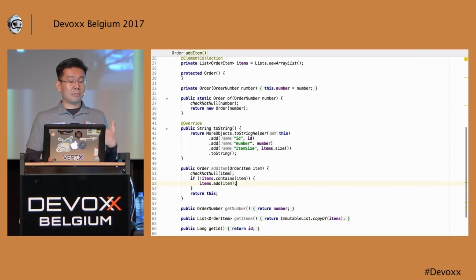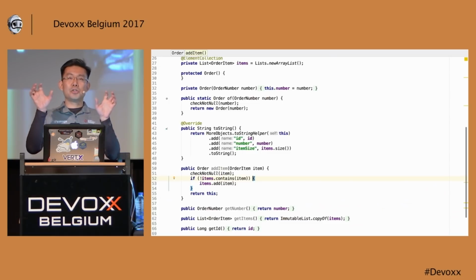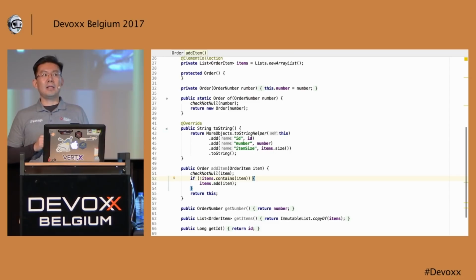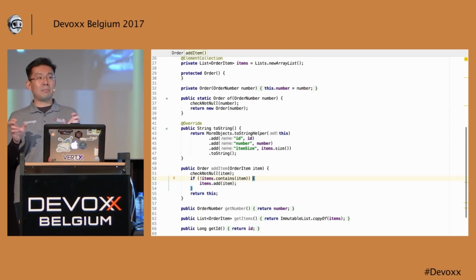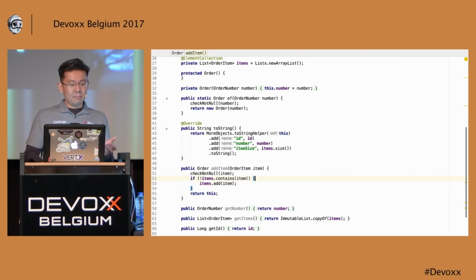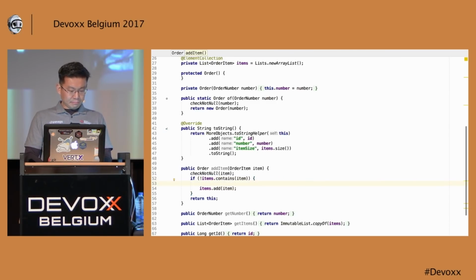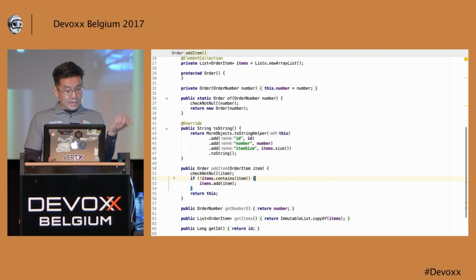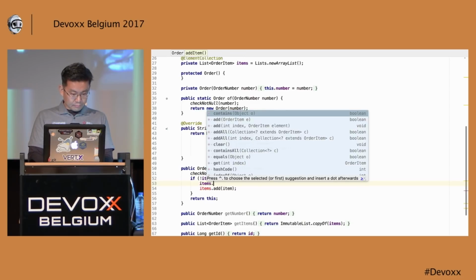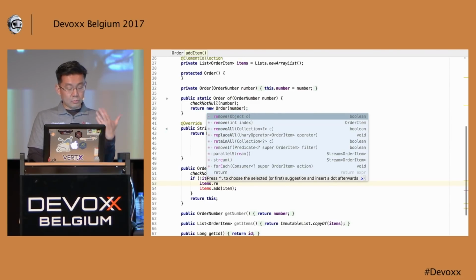And if I wanted to do something even different, maybe if I detect that two items have the same product, then I consider them to be equal. And what I want to do is, if they have the same price, I just want to add both of the amounts and create a new item replacing the other one. So if items contains item, I can remove the previous one and add